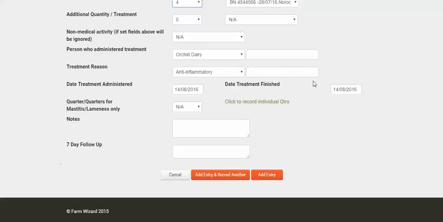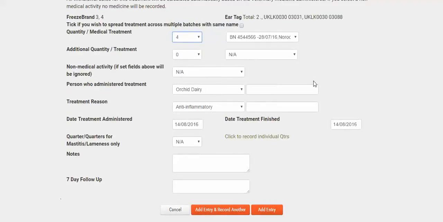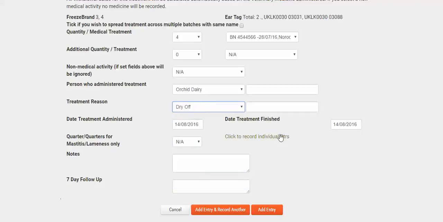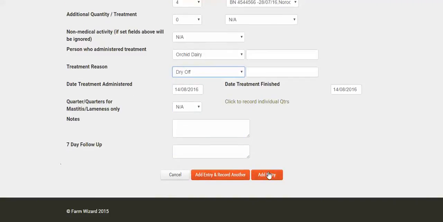Now the medicine treatment screen, this treatment screen will allow you to mark the cow as dry. So remember that we're primarily entering a medicine treatment, but as it's a dry cow therapy combination, we want to also mark the cow in the dry breed state. So when you've completed the detail of medicine 1 and medicine 2, you must pick the reason as dry off, and then when you save the event, the multiple treatments will be saved, but the cow will be moved to